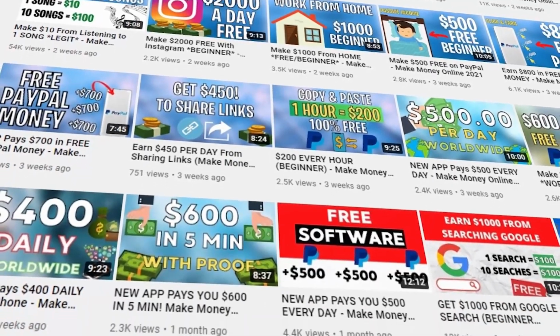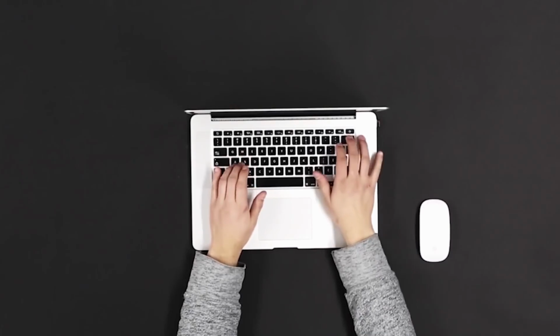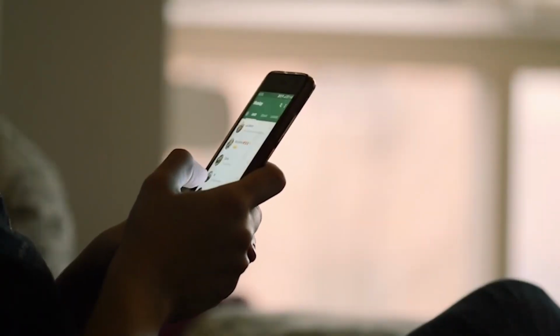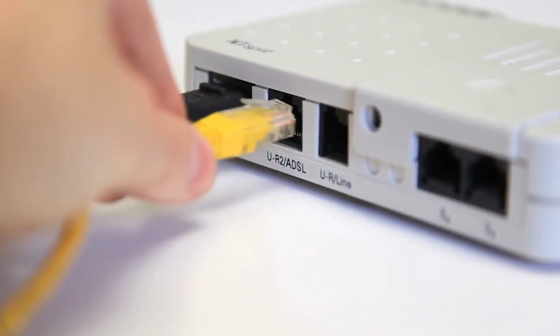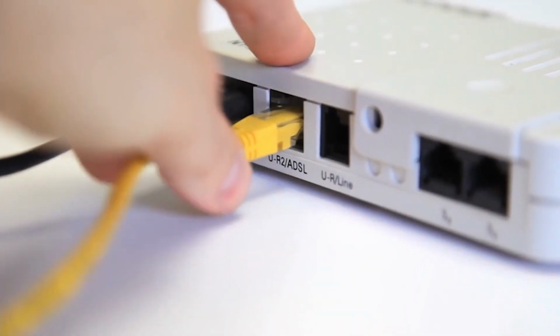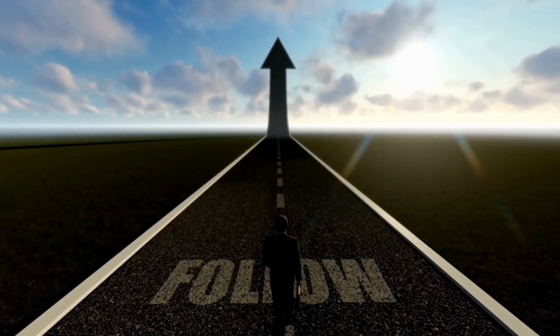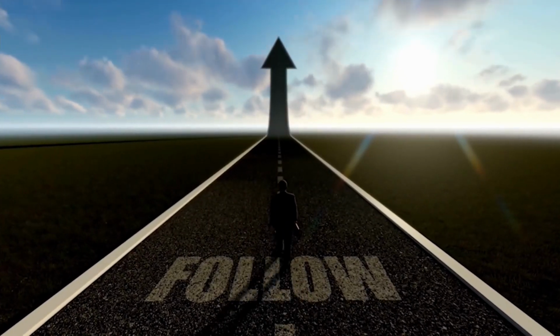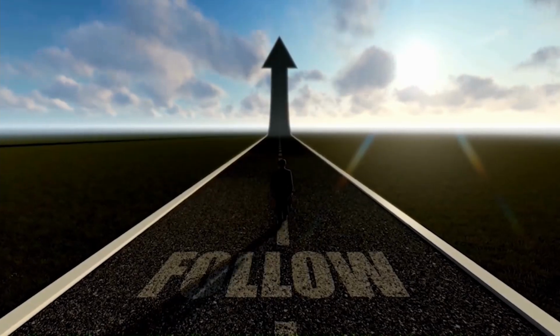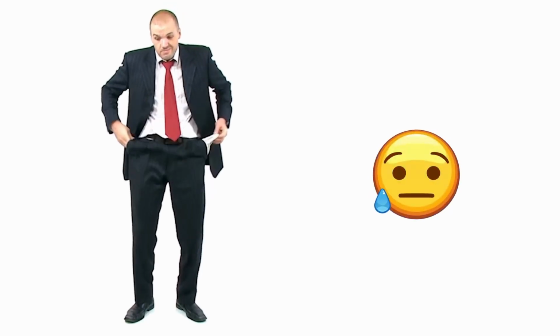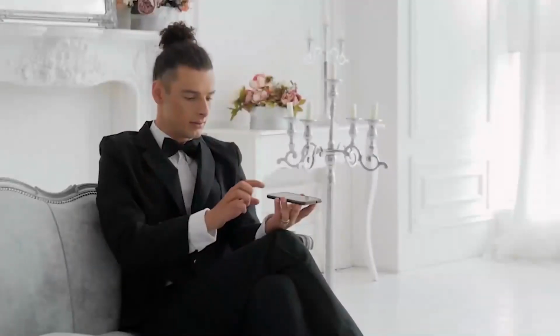Let's see if you have everything you need to make this work. First and foremost, you will need either a laptop or a computer, a tablet, or even a smartphone. Secondly, you will need an internet connection, and that's all the requirements to make this method work. However, make sure that you follow each and every step of this video to use this method correctly, because if you just skip to the end, you might miss some important instructions and you might not make any money at all and end up only wasting your time. So make sure to pay attention to each and every second of the video